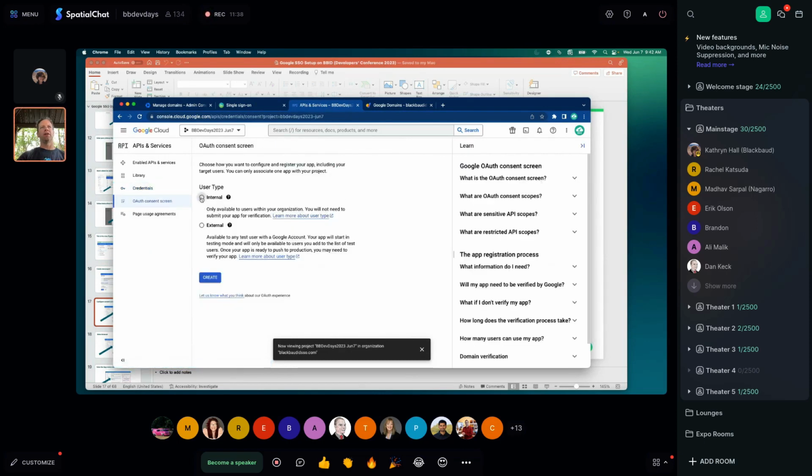So here, this is only going to be available internal within your organization. External is when you have the intent of actually publishing an app, where it would be available, say, within the Play Store or something, more broadly available. This is you're just going to be doing internal. So